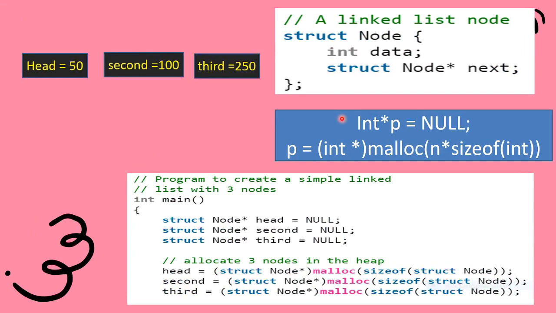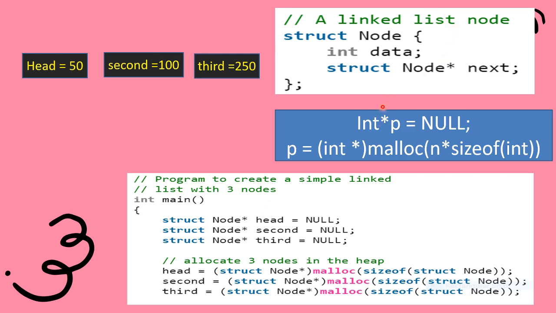How are we going to make a linked list? First we define the user-made data type, and after that we define the pointers. As we are going to use dynamic memory allocation, we need to do dynamic memory allocation for each node. Suppose in this video I'm going to make a linked list of 3 nodes, that means a linked list of size 3. For that we need 3 nodes in total. We add the 3 nodes separately, and after that we make the links. The first task is to dynamically allocate the memory.